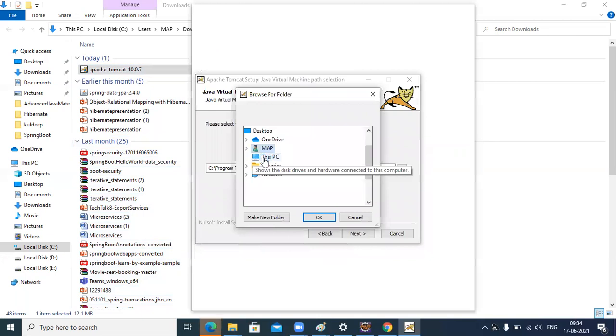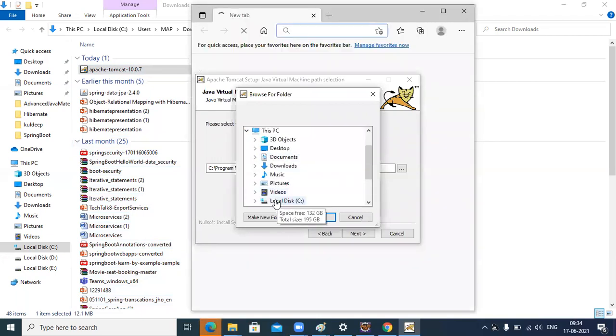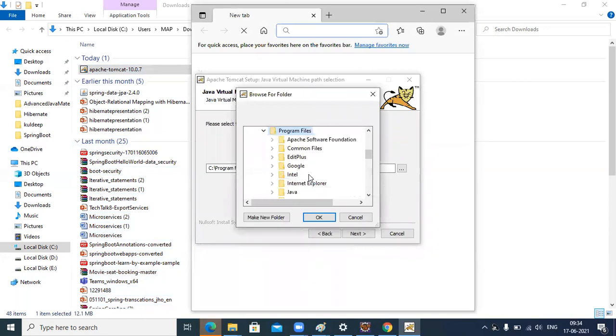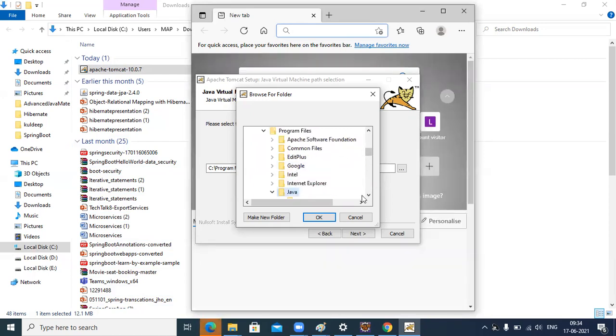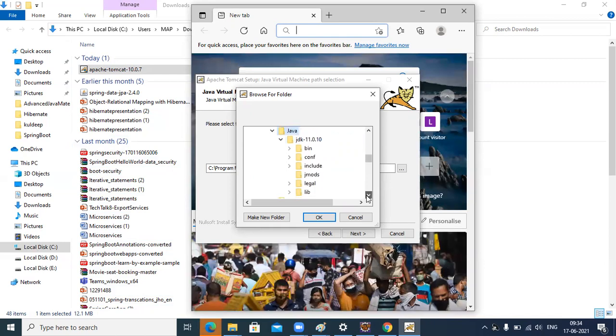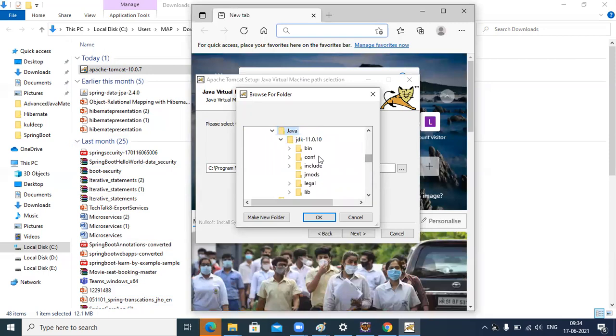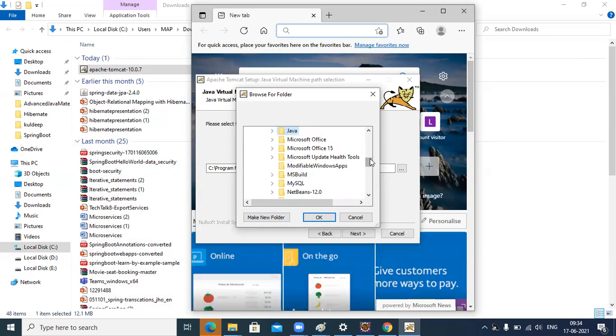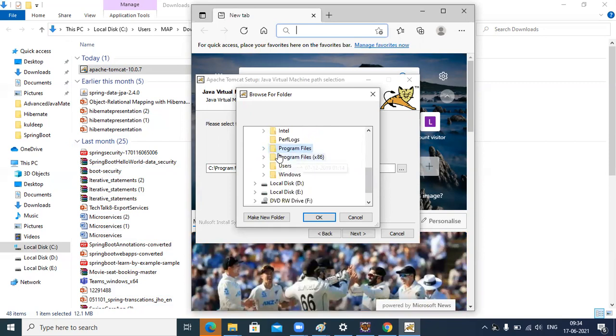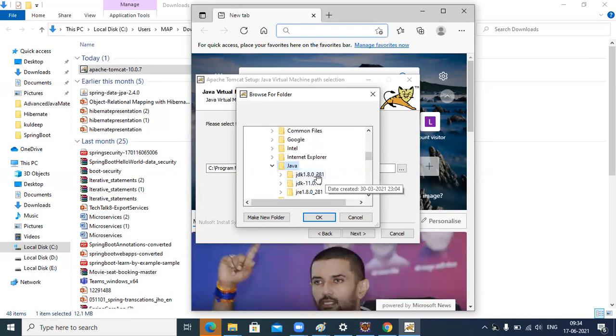C, Program Files, Java. Okay, I have JDK 11. Okay, let me select Java 8.